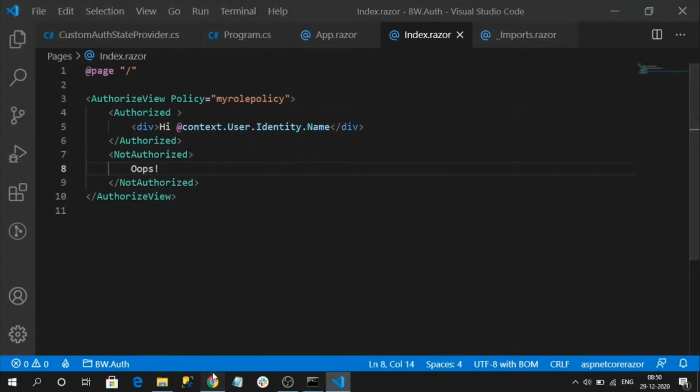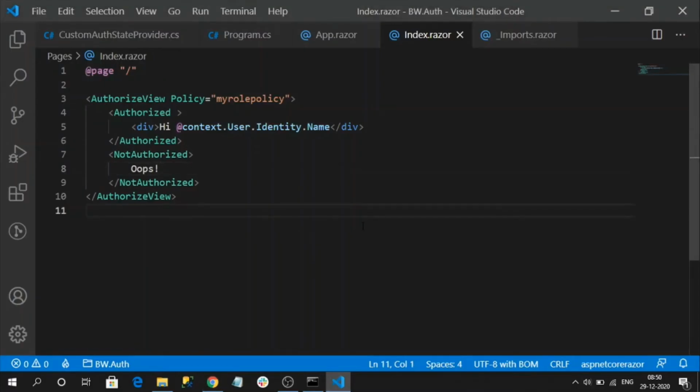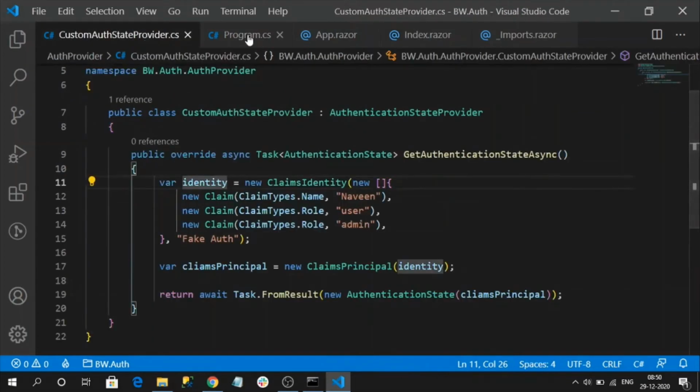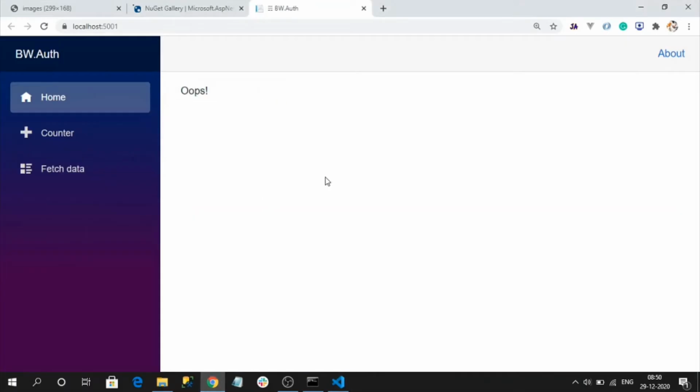Now we will see this message at least. See, oops. That is because our policy is not satisfied, meaning the user is not authorized to access this authorized block of code. So let me at least have user roles. Now I will get my username again, meaning my authorized code block.